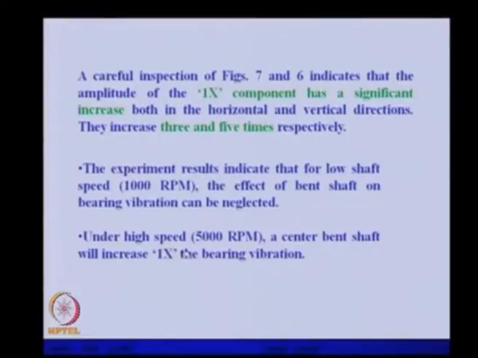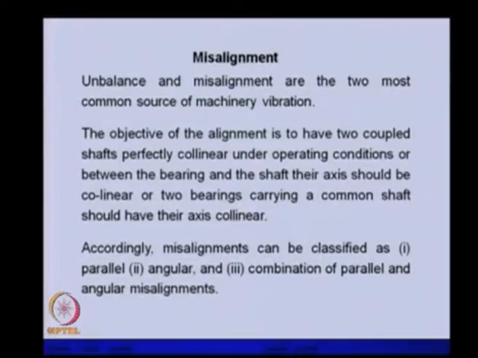So it has been observed in the previous figures that for high speed the bent shaft is having significant effect onto the 1x component of the vibration. Next fault is the misalignment. Unbalance and misalignment are the two most common sources of